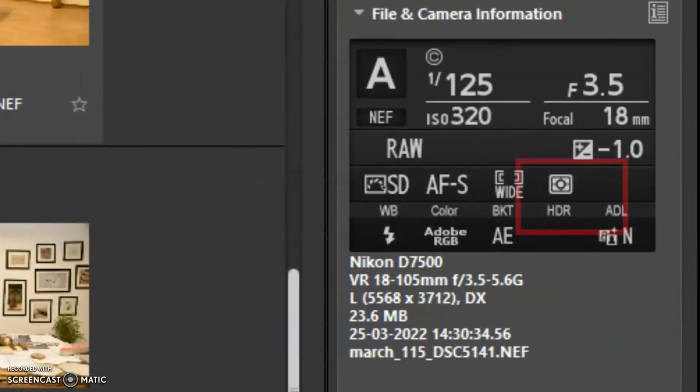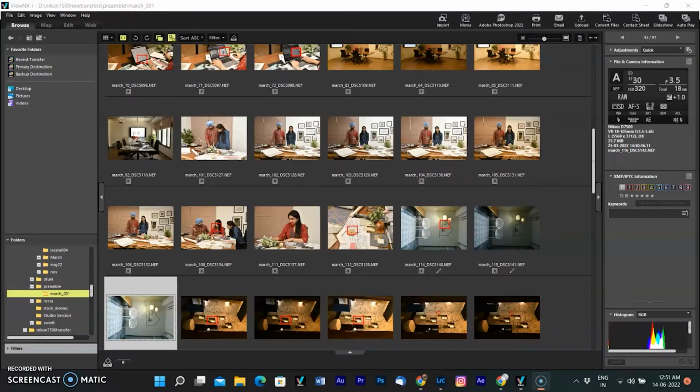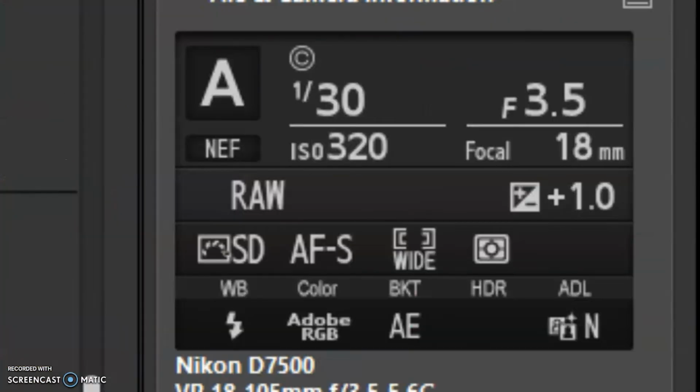So by underexposing -1, the shutter speed increases, which means less light comes in at the same aperture, so the image has dark areas and shadows. The third image has a shutter speed of 1/30 second, so the image is overexposed by +1. It means more light is coming in than at the normal 1/60 second speed, so the image is brighter and has more highlights.